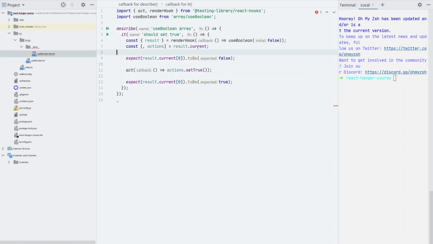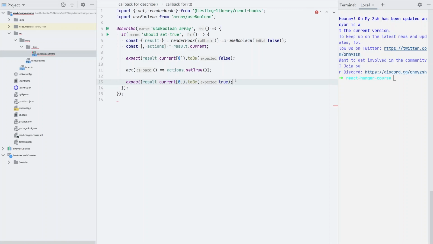So in order to access these two things that our useBoolean returns, we need to call the current property. We ignored the state here, and we just care about the actions. And what we are doing here is we say expect result.current[0], our state, to be false, and then we call setTrue. We wrap it all in act, which is important,